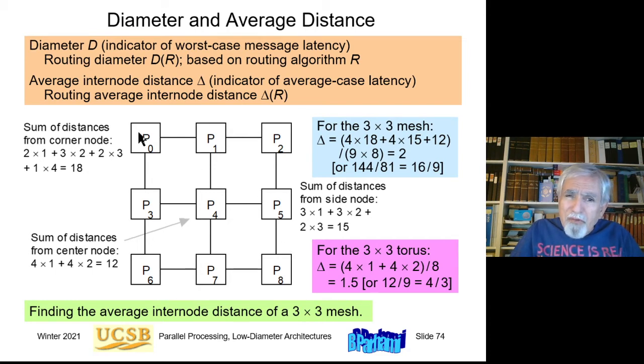Okay, so what is the average distance of this 3-node linear array? From this one, I have 1 and 2. So the sum of distances is 3. From this one, I have 1 and 2. So the sum of the distances for this one is also 3. And for this one, I have 1 and 1. So 8 is the sum of the distances. And I have to divide this by